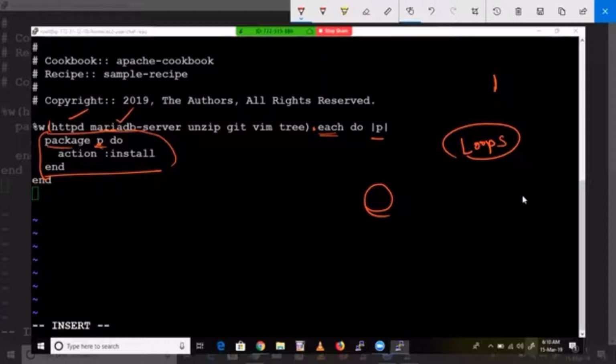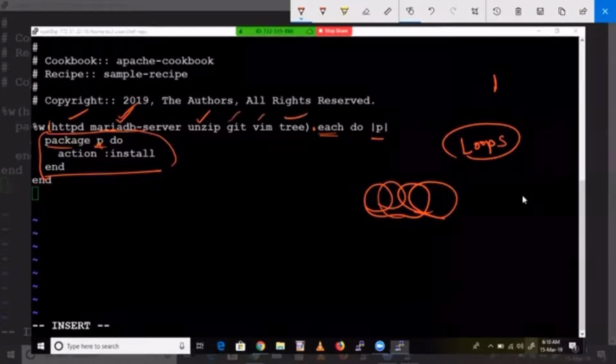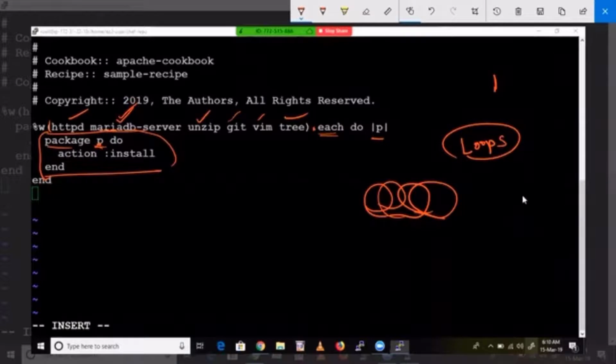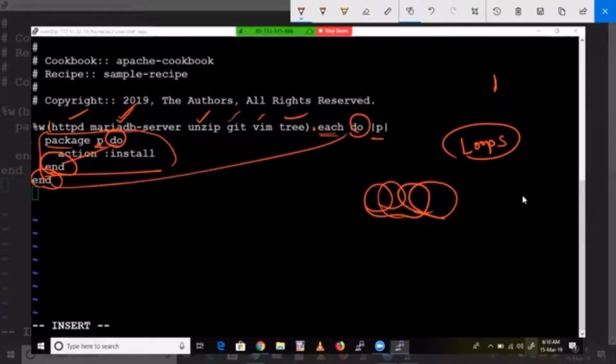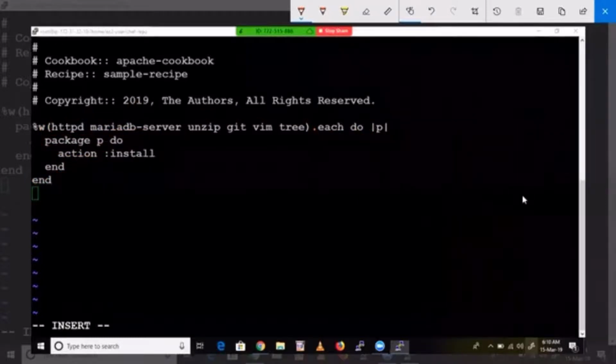This is one iteration, this is another iteration. The third time the p will be replaced with unzip. The fourth time it will be replaced with vim, tree, like this. Finally it will be over, and these two are a do and this end. These two are one set. For example, if you want to create so many users, you give the user resource here.